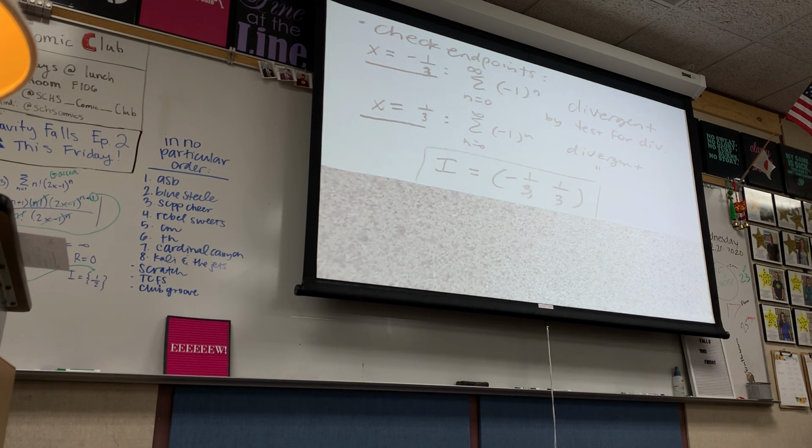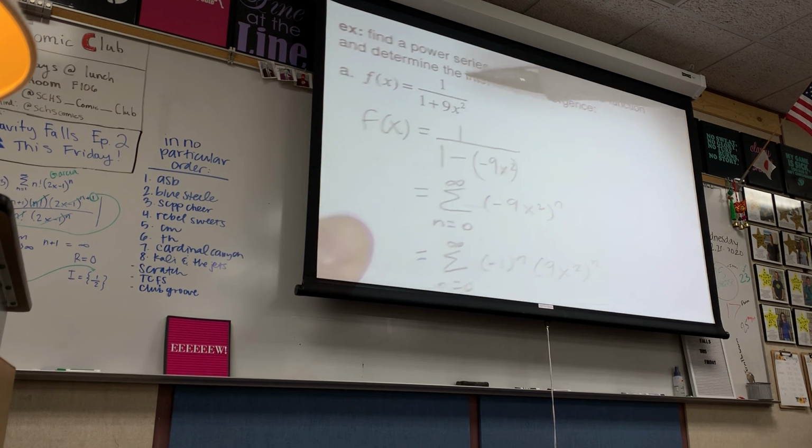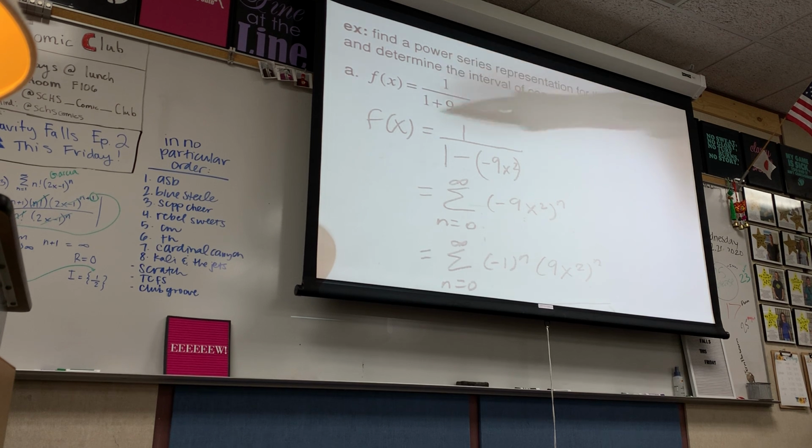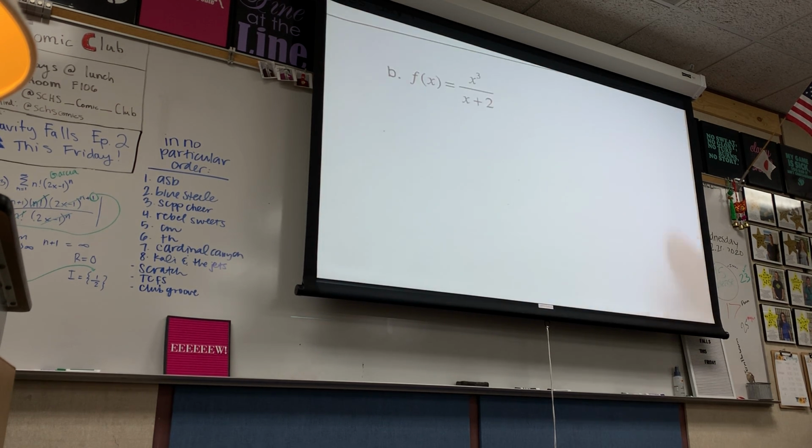Alright, this next problem, if you'll notice, you have something on top. We have a couple of variations. So this was a nice intro problem because it had already 1/1 and something. Again, 1/1. It was easy to go minus, and then you got it right in the form of 1/1 minus something. And then you can drop it straight into the sigma notation. This one is definitely not like that. So